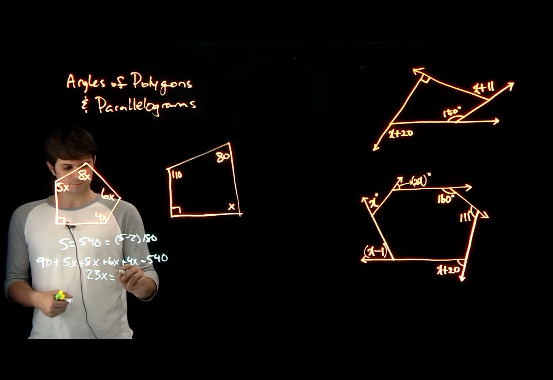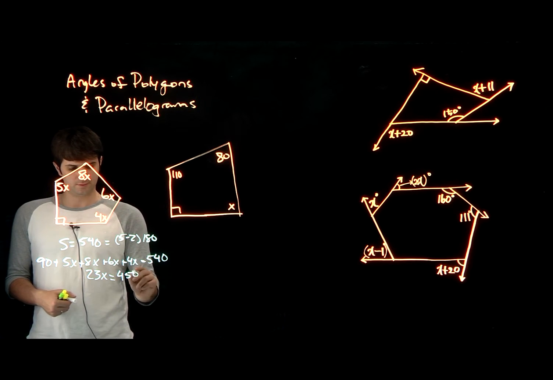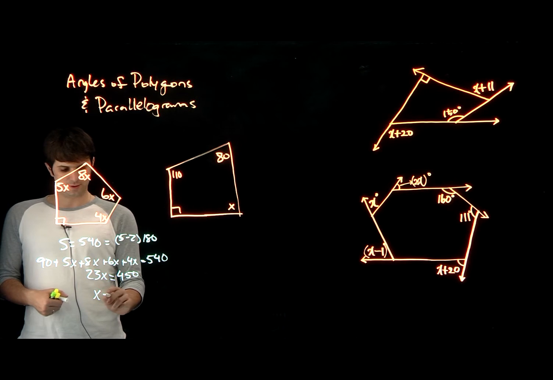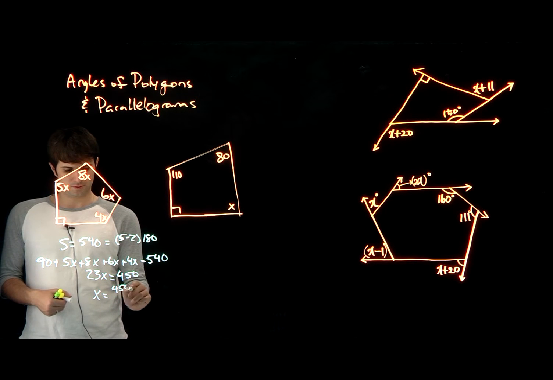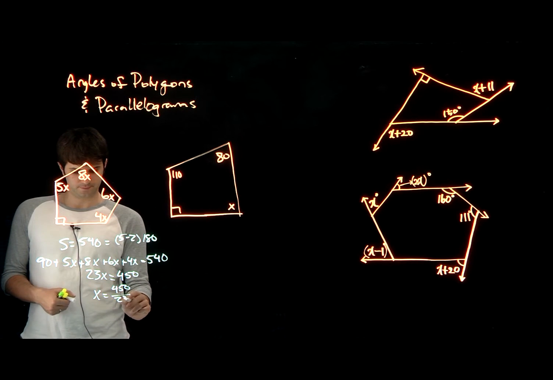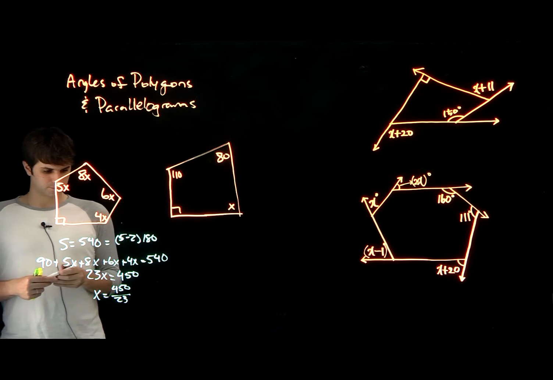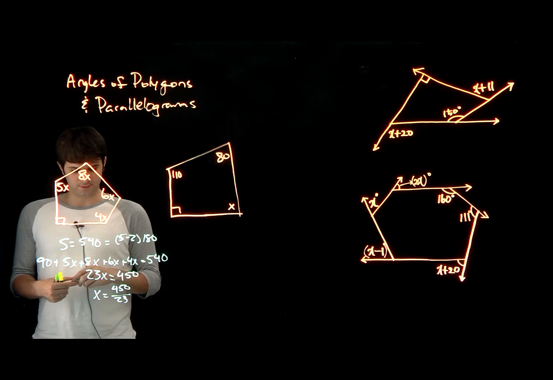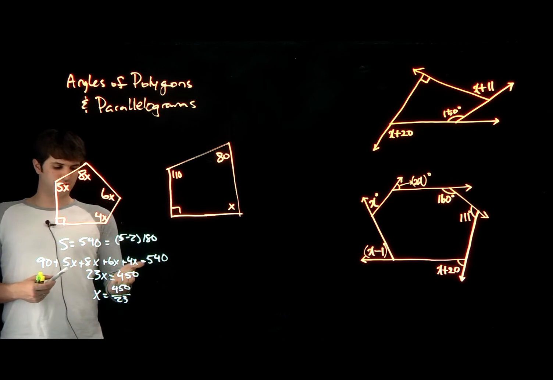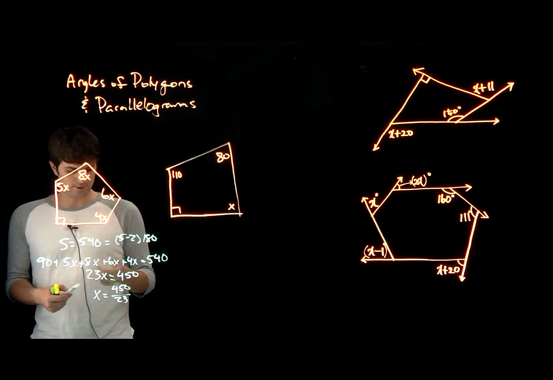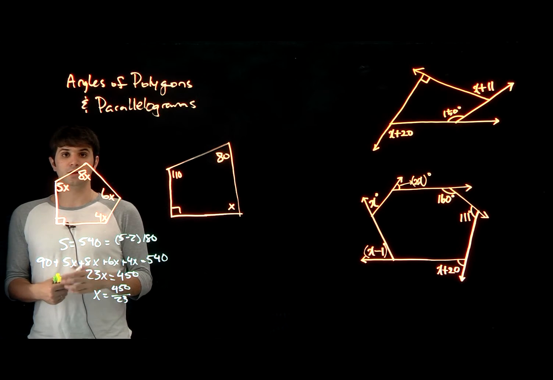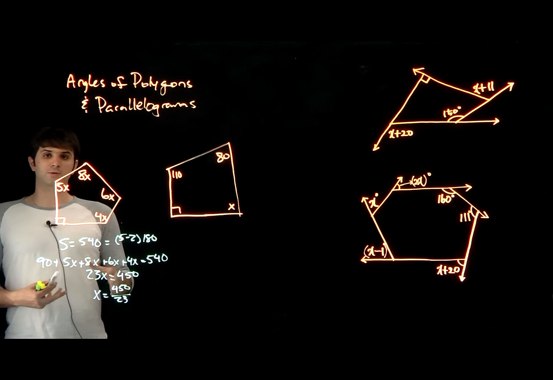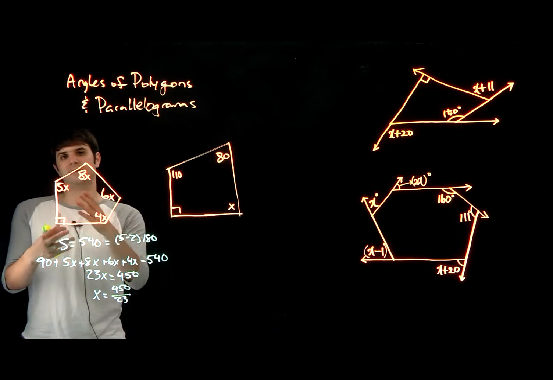equals 450. So x is going to equal 450 over 23, which is going to be a little bit less than 20. Okay, so 460 over 23 is 20, so it's going to be a little bit less than 20. So that's what x is going to equal, and then you can plug that back in to find the